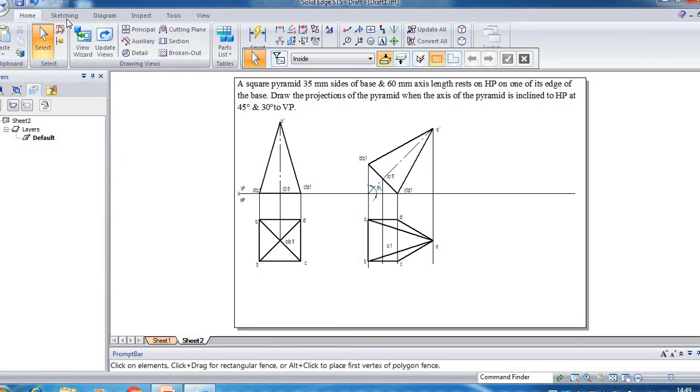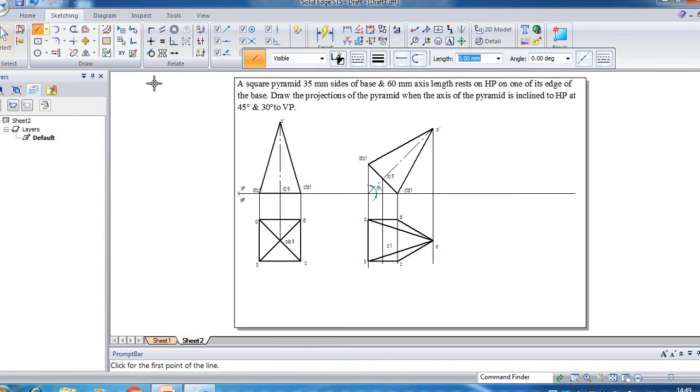So now to draw that one, go to sketching, line command, check the line thickness. You are drawing a projection line, 0.05 should be the thickness and it should be a continuous line type. So first you need to draw the 30 degree reference line. So start from the XY line, press tab, so minus 30 degree you need to draw.